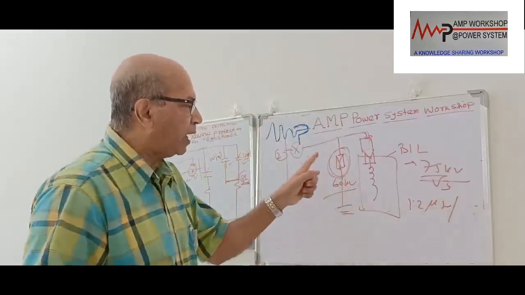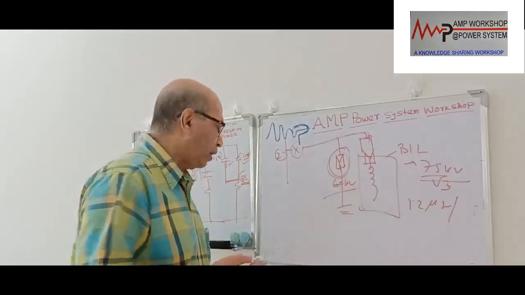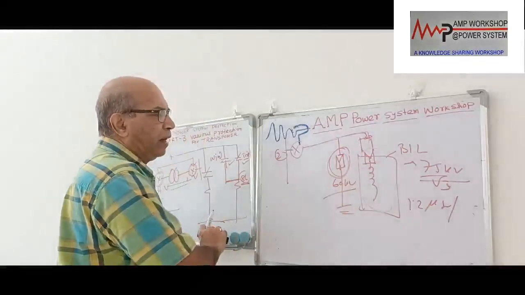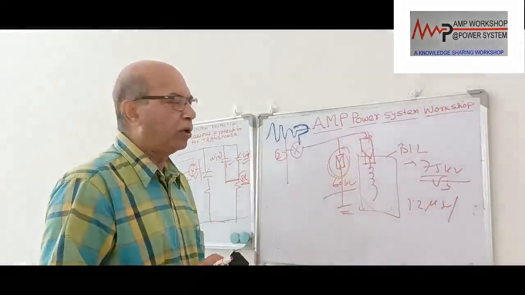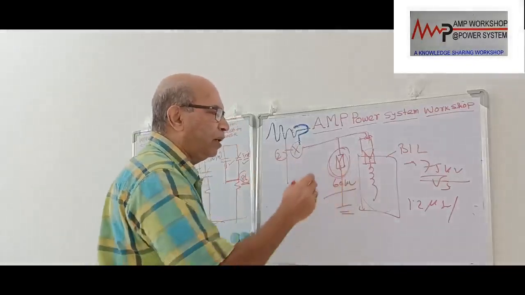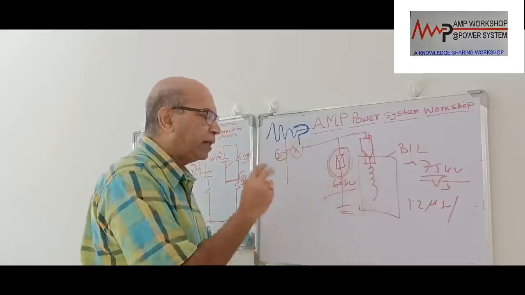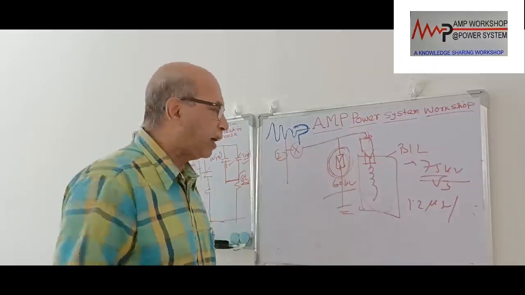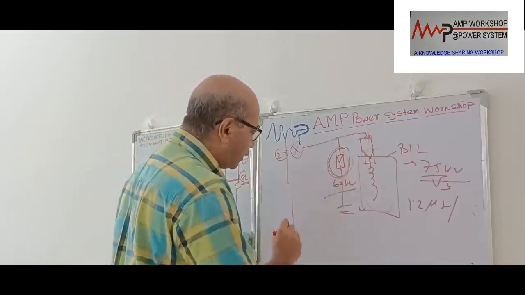So by putting the lightning arrestor on the primary and secondary side, we can protect the transformer from the over voltage condition. And it is for transient over voltage condition. That's why, to protect the transformer from transient over voltage condition, we provide the lightning arrestor. This lightning arrestor could be of different types depending on the cost. It could be a normal station type. It could be a horn on the transformer tank.